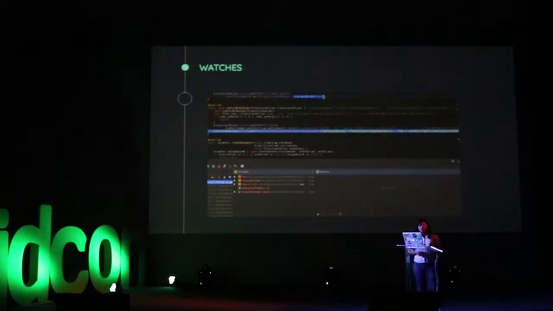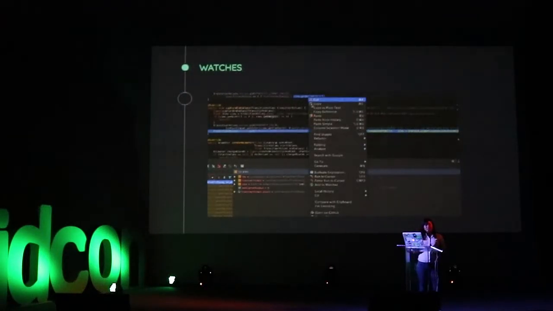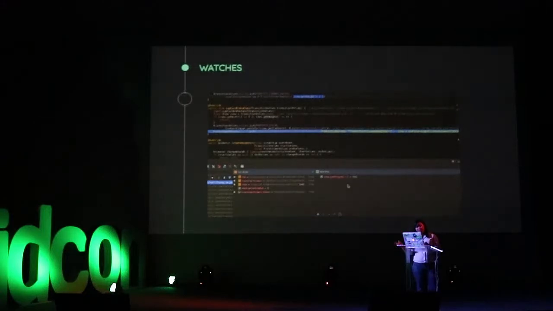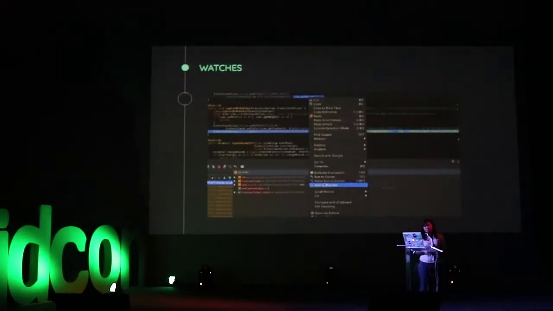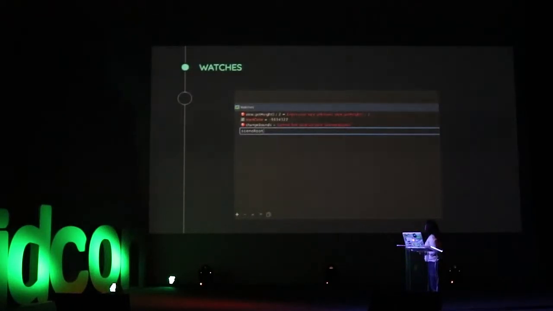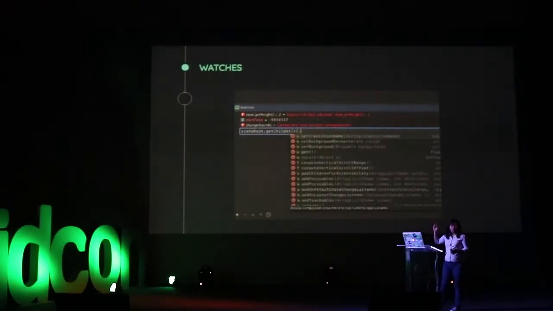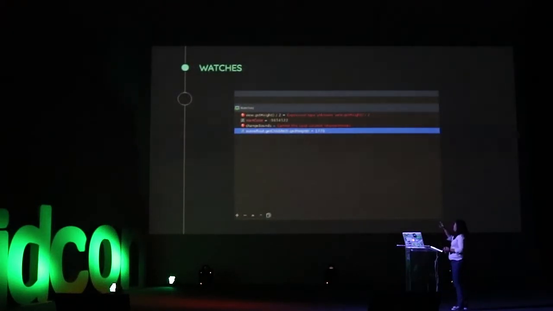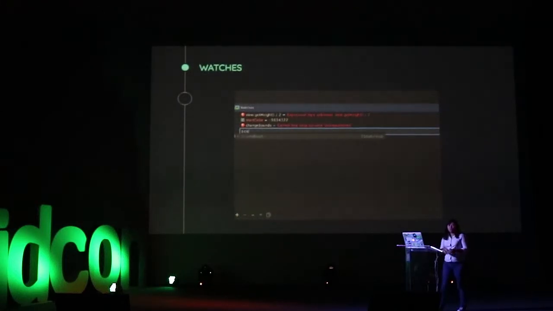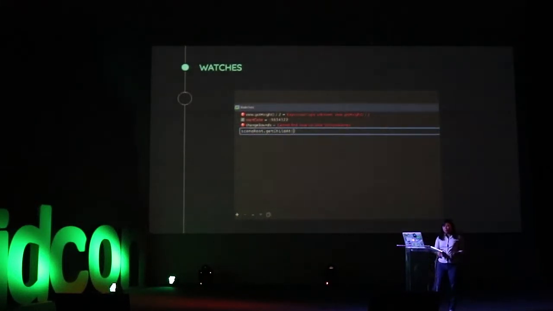So what does this actually mean? We have this sample here. It means instead of pausing and then highlighting and then clicking Evaluate Expression, you can just add them to the pane, and Studio will update the value for you as you step through the code. Watches can also be added manually. If you go to the watches pane, there's a small plus button right there, and then you can type whatever. The good thing about this is it has autocomplete too. See how it's getting the view and then the get child at something. So you don't have to memorize the syntax. Watches can autocomplete for you.